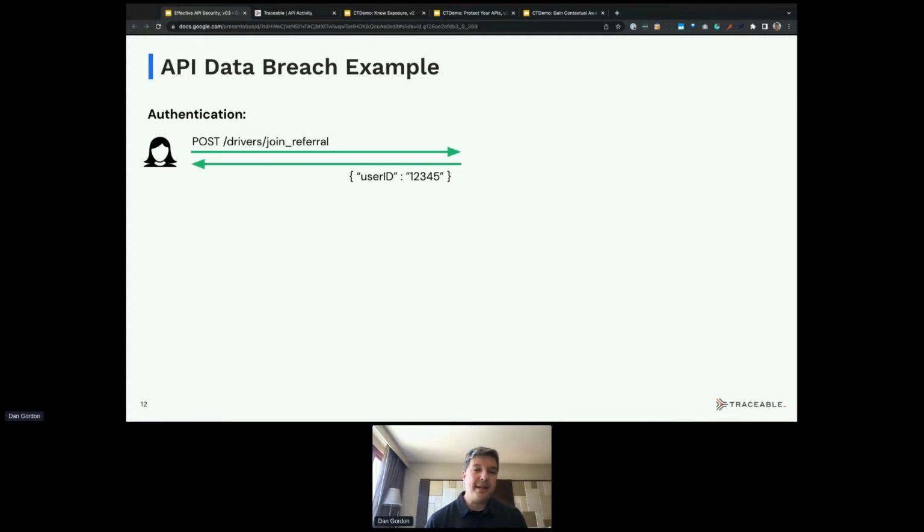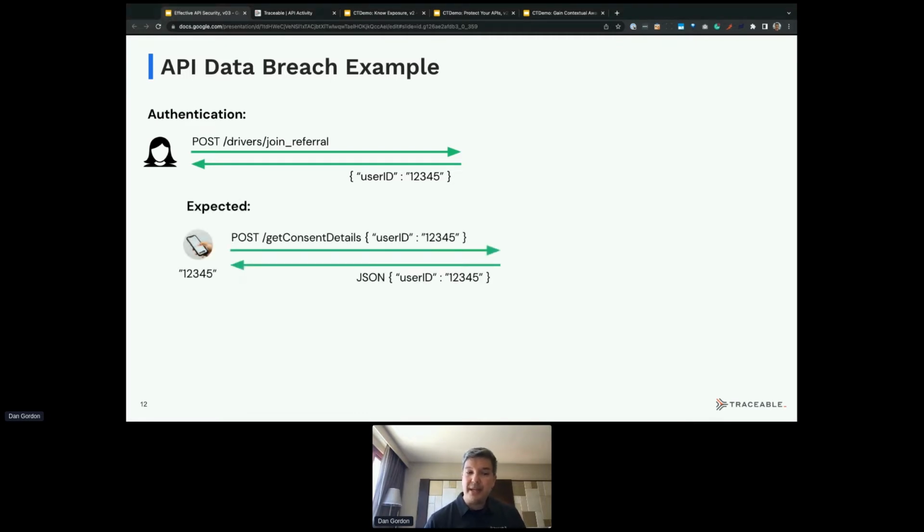Now this API expects a query from someone who's going to join on a referral. It's going to go ahead and start that process, create a user ID in the backend system, and send that user ID, in our case here, 12345, back to the client. The expectation is that the client will pick that ID up, and then it'll make a request for the get consent details, sending that user ID, because what it needs to do is now get whatever information this backend system has created and get that object and show the right information for the consent for the new driver, and then send that information back.